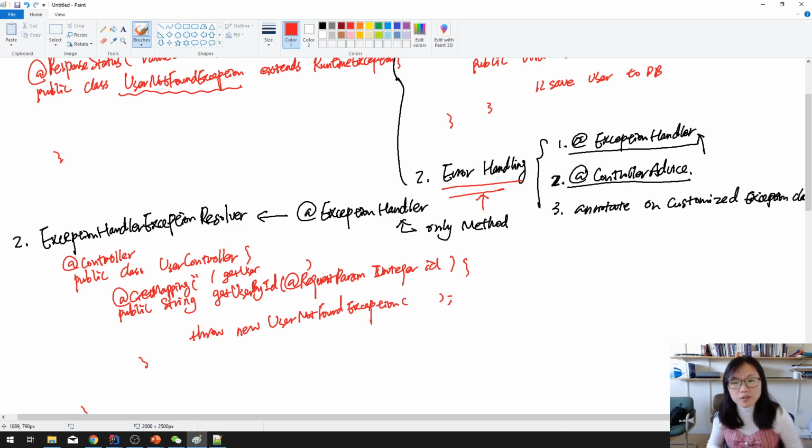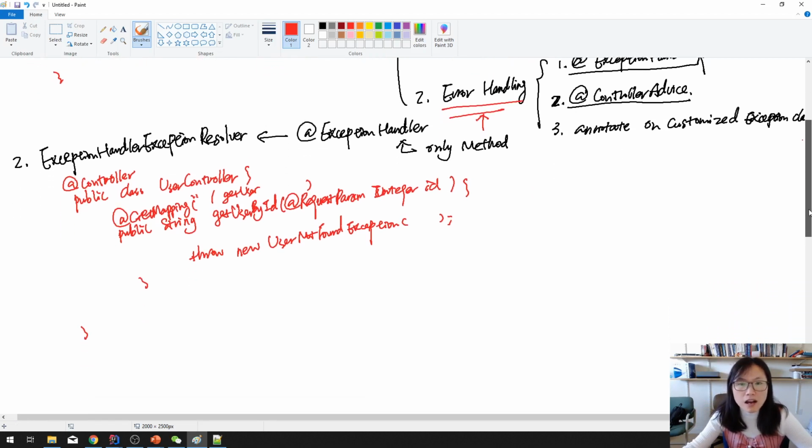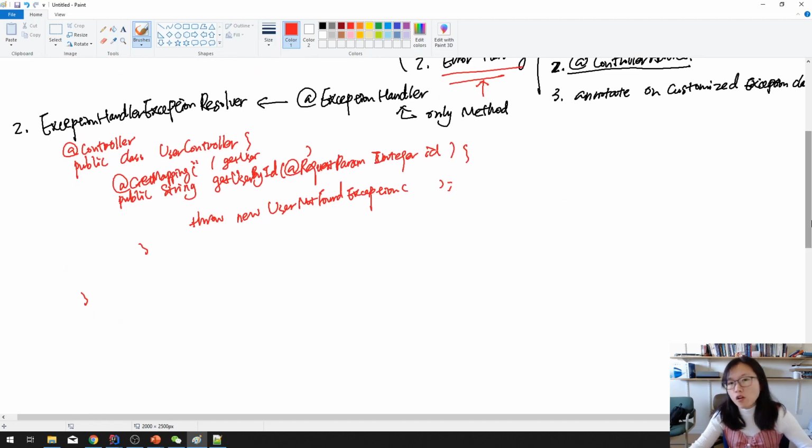When you throw an exception, if you don't customize, it will use Tomcat's default error page, which has a big 404 and the reasons, right? As this is not a good user experience, most likely you will customize the 404 error page and the pages for all kinds of exceptions. And one way you can do that in Spring is inside this controller. Inside this controller, you can have a method